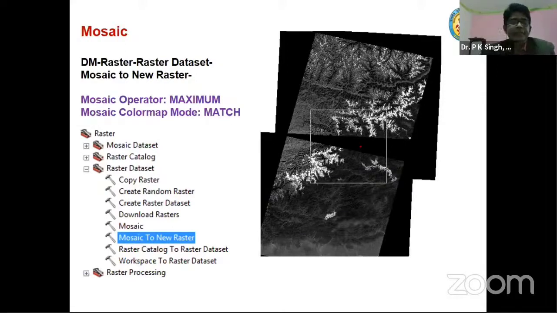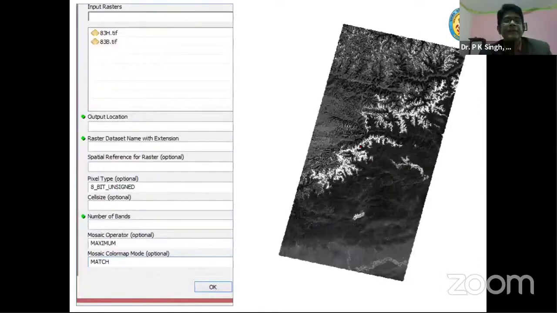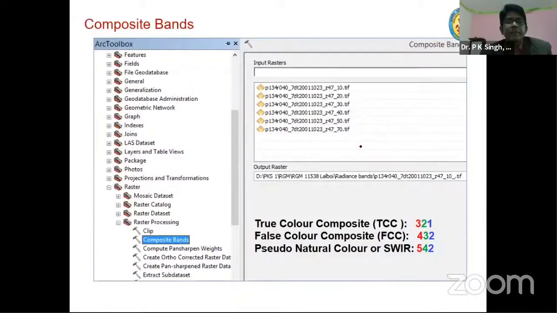There everything can be done. Sometimes the term differs from one software to another, but everywhere this facility is available. So mosaic areas, extract your own area of interest. It is done.